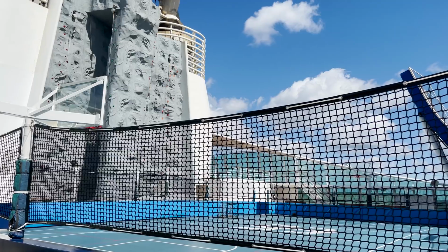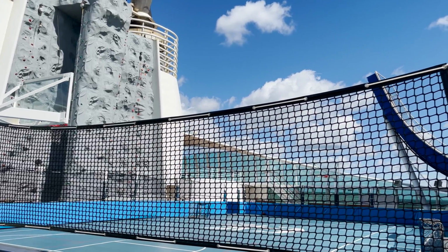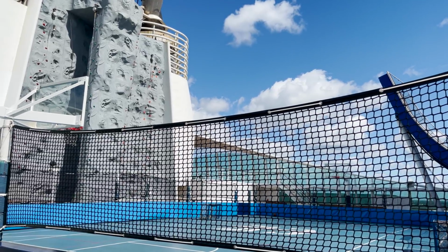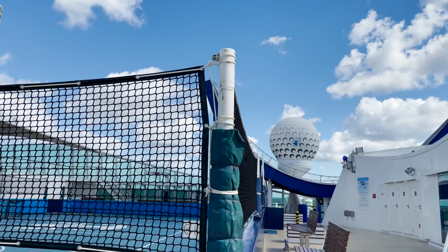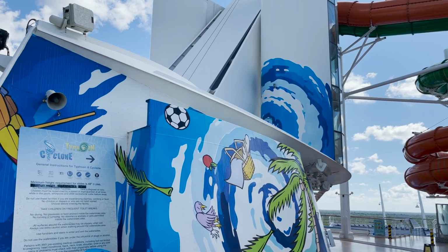So all levels of the Crown and Anchor Society that have reached Diamond, so Diamond, Diamond Plus, or Pinnacle, can use that lounge over there and come outside on that outdoor seating section as well. We'll show you where the entrances to those are in just a little bit when we go up to deck 14. But we're still here on deck 13, still lots of fun to be had,